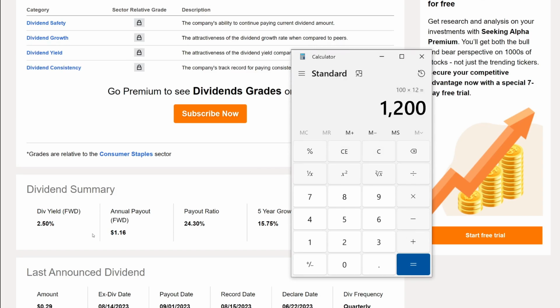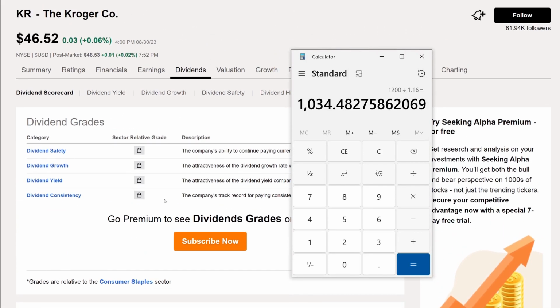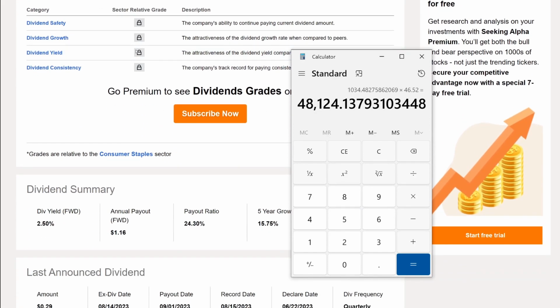$1,200. If we look at the annual payout, you'll have to divide that by $1.16, which gives you the total number of shares. So we need to own about 1,034 shares, and then we multiply that times the current share price, which is $46.52. You'll see we get roughly about $48,124 that you'd have to have invested into this company at the current share price,